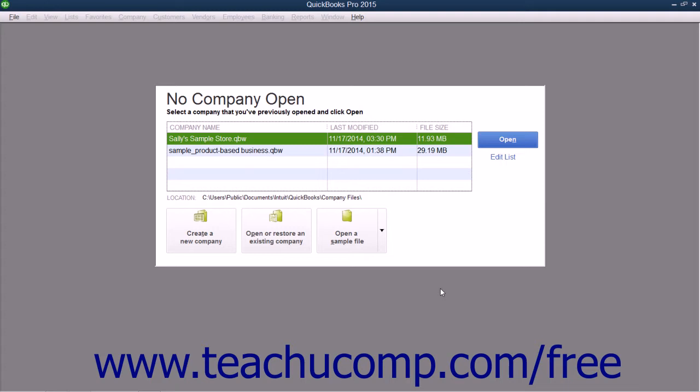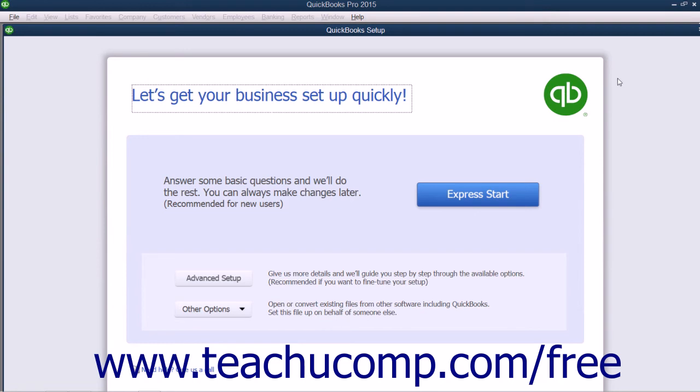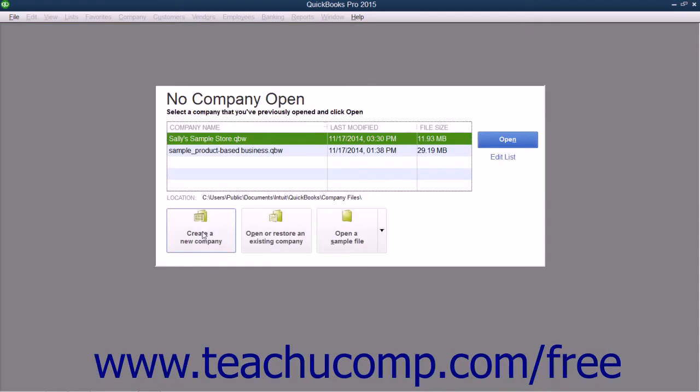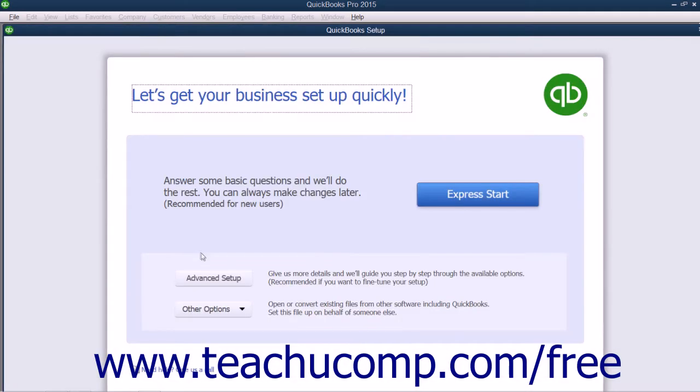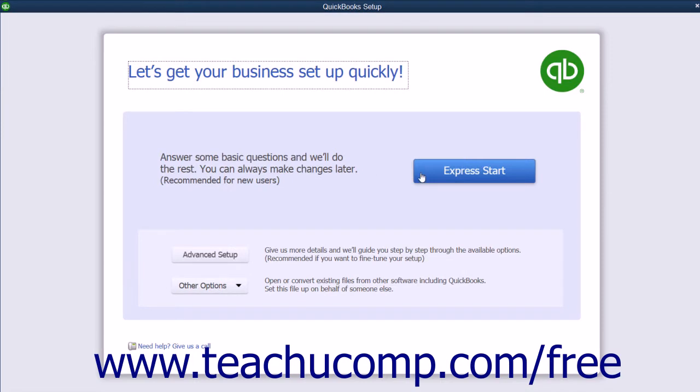When you first open QuickBooks, the option to create a company file using the Express Start feature is displayed in the QuickBooks Setup screen. Note that this is the same screen that opens if you select File and then New Company from the menu bar, or simply click the Create a New Company button shown within the No Company Open window. If you wish to use the Express Start feature, then click the Express Start button within the QuickBooks Setup